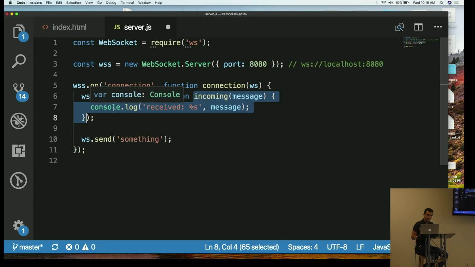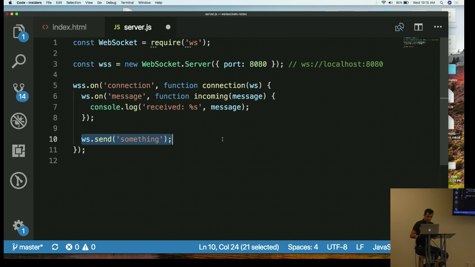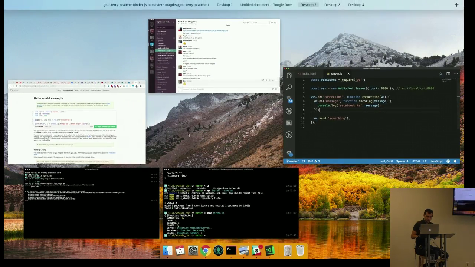Yeah, I'm printing it to the console, right? And then also, not only am I attaching this listener, I'm also saying, hey, to that connection, let's send this string that says something. So I'm doing two different things. I'm setting a listener, and I'm also sending some data. And the listener says anytime I get a message from the WebSocket connection, I'm going to print out whatever I've received. Okay, if I was to run this now,